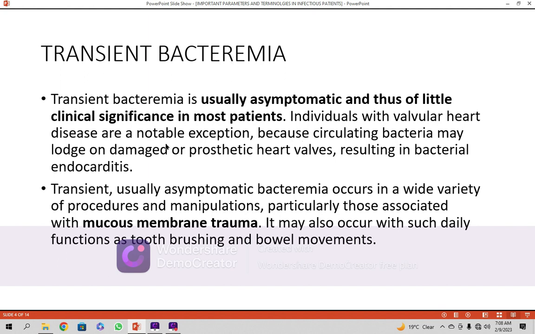But in those cases where there are diseased heart valves, or heart, or arteries, or other examples as well, where a diseased or rather damaged organ is there, a very, very small number of bacteria can cause a pathological process and can cause the disease.